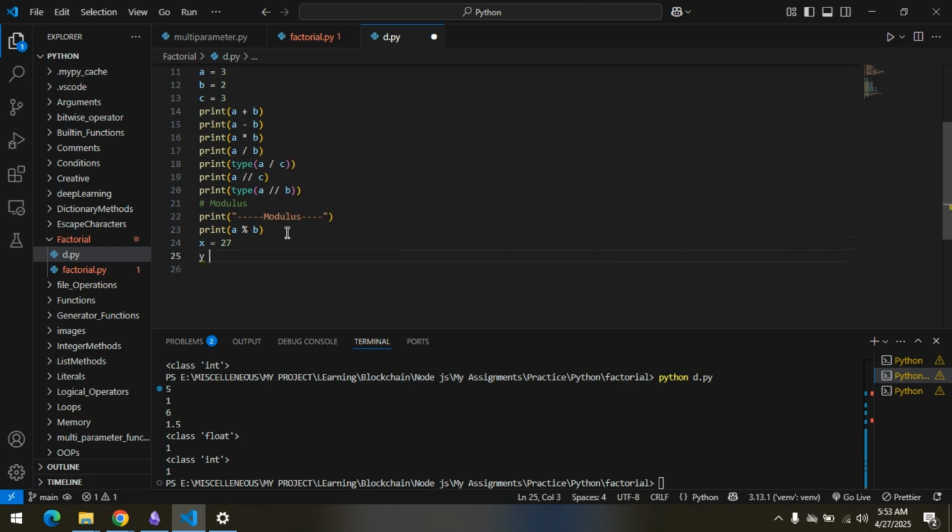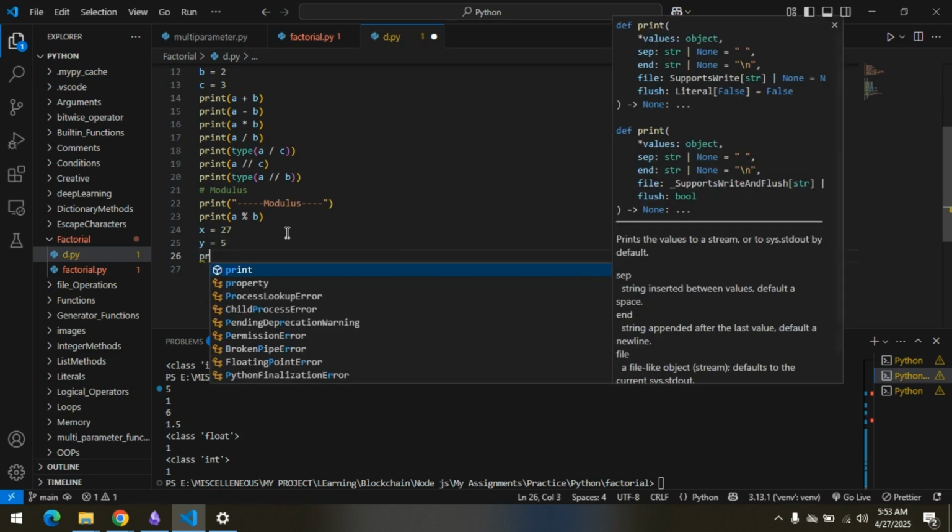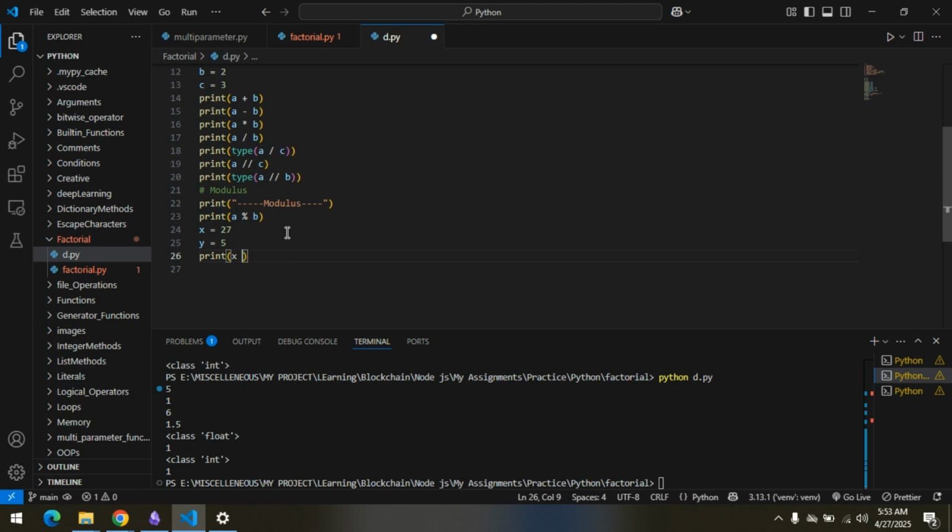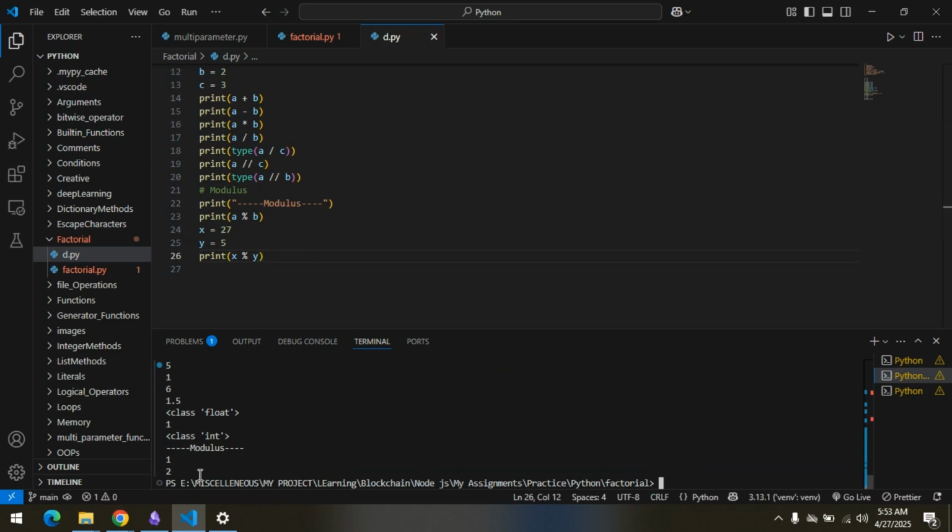Let's just do this. So modulus. Let's take a bigger number. Let's say x is 27, and y equals 5, and then print x percent sign, Shift and 5, y. This would give us a 2. So one way to do it is just simply use the percent sign. But if you have big, large numbers and you don't want to print it, you just want to do it in your memory, then a nice way to do it is